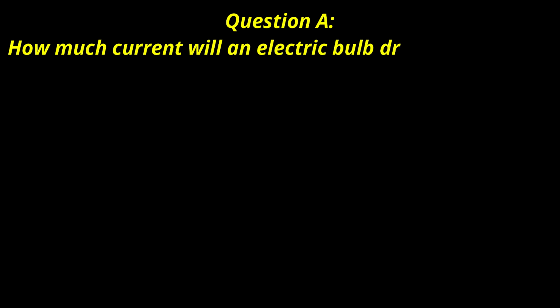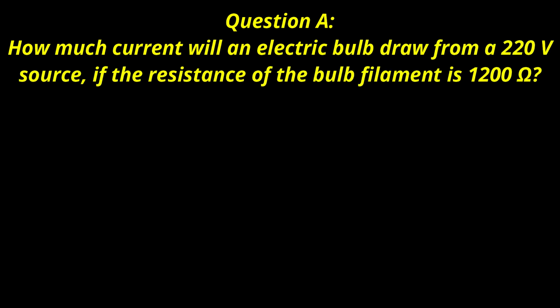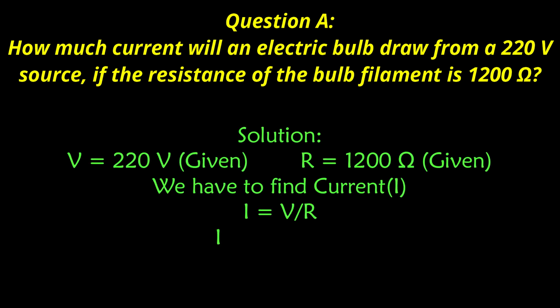First one, how much current will an electric bulb draw from a 220 volt source if the resistance of the bulb filament is 1200 ohm? Now in this question, you can see that V, which is equal to 220 volt, and R, resistance, is 1200 ohm, is already given. So if you put this in the equation, I equal to V divided by R, we get the answer as